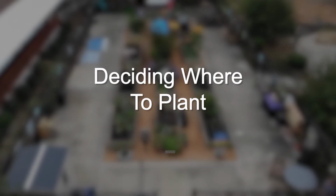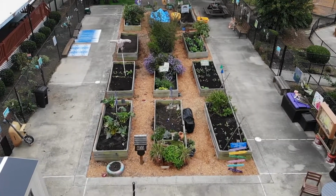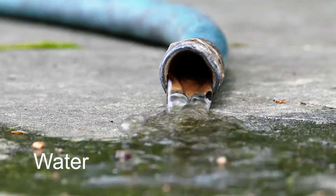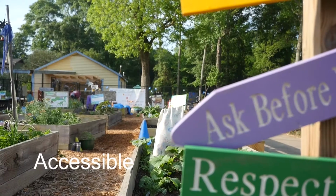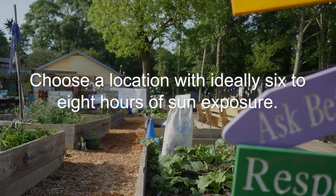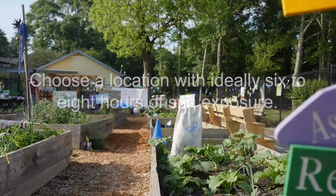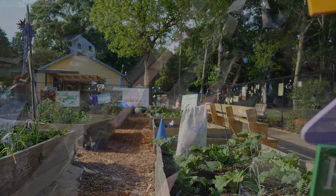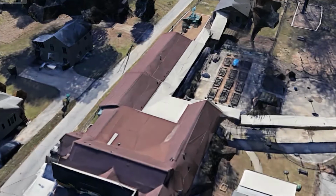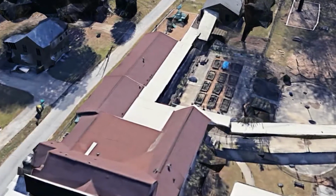Deciding where to plant. To find the perfect place for your garden, consider these 3 things. Your garden will need sunlight, water, and needs to be accessible. It is important that the location of the garden receives as much sunlight as possible throughout the day, between 6 to 8 hours ideally. On a sunny day, visit the garden a couple times throughout the day to see where the shade falls from the trees and the buildings. Any area that is not in the shade for most of the day would be a great place for a